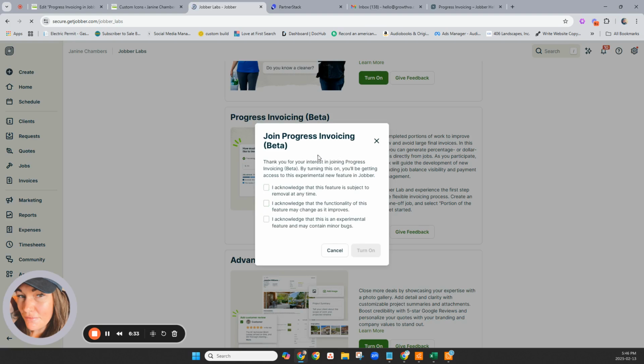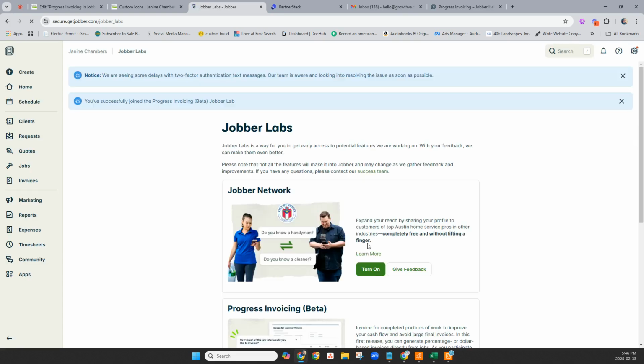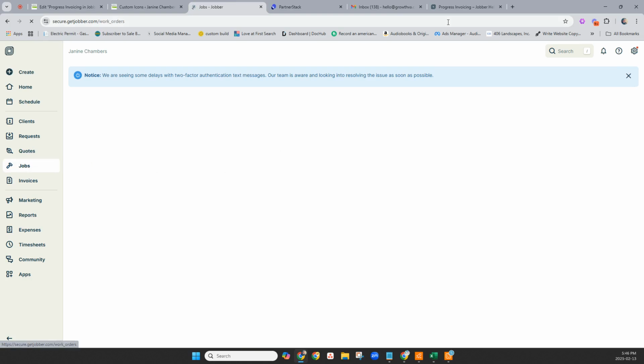This little pop-up comes up just because it is a beta testing program, just to acknowledge that it might disappear at any time, and functionality of the feature may change as it improves. It is an experimental feature, so don't complain about it essentially. Or, feedback I'm sure is welcome, but there may be some issues. It's not going to be perfect while it's being built out. Okay, so now if I go back to my jobs,